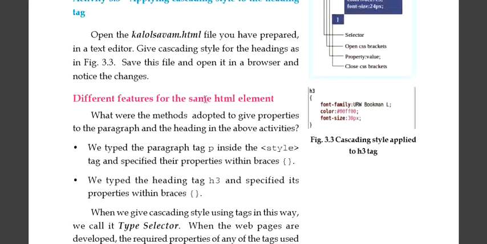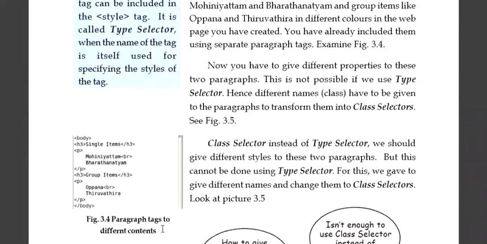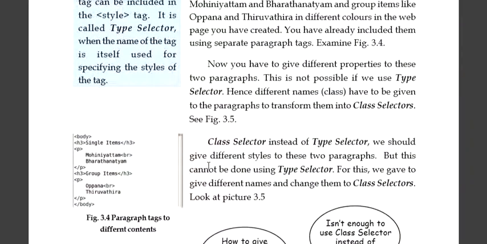Next, different features for the same HTML element. We can give different formatting to the same HTML element by using a class selector. In the above two examples, we used a type selector. That means in order to modify the paragraph and heading, we use the p tag and h3 tag. Here p and h3 are called type selectors. We can use another type of modifying, that is class selector.